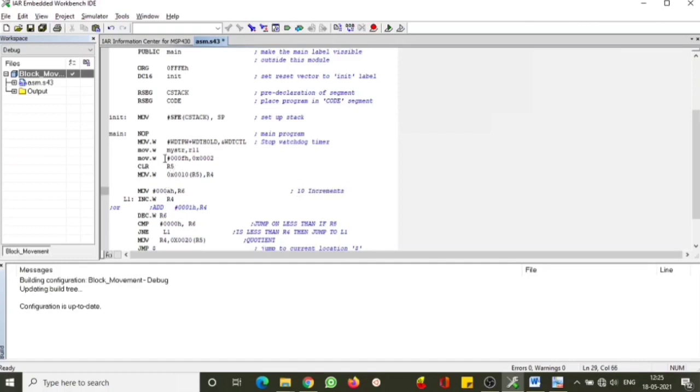Initially I'm clearing the value of R5 and addressing by using index addressing mode. I'm taking the value into R4. So R4 now holds the actual value, that is the value that was stored in the memory. Now I am incrementing, using the keyword inc, the value of R4. How many times do I have to increment? Every time I increment, I am decrementing the value of R6. So you can understand both the incrementing operation and the decrementing operation here. Using the incrementing operation, R4 is incremented. Using the decrementing operation, R6 is decremented.